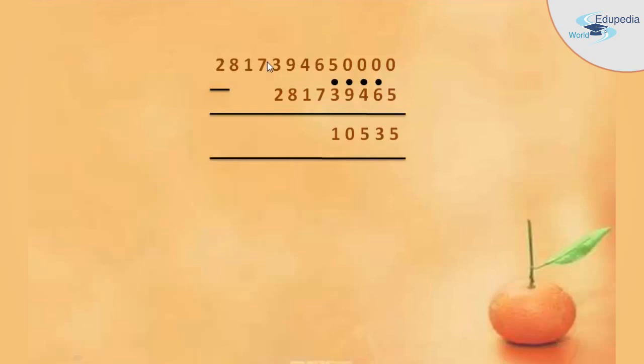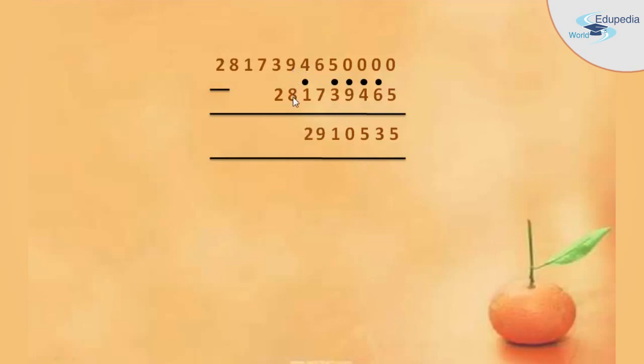Now again, if you compare the digits 6 and 7, 6 is less than 7, so you have to put a dot in front of the number 7, that is 1 like this. Now I have to take the complement of 7. The complement of 7 with 10 is 3. So by adding the 3 complement and the number 6 which is on the top of the 7, you will get 9. So write that 9 below the horizontal bar in the answer like this. Now by adding the number of dots and the digit 1, you will get 2. If you compare the digits 4 and 2, 4 is greater than 2, so we do normal subtraction. 4 minus 2, you will get 2. You just write that 2 below the horizontal bar like this.